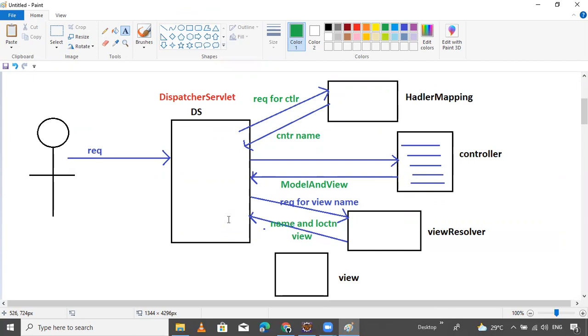The dispatcher servlet will interact with the view parts and the model part, because it is returning the model and view object.